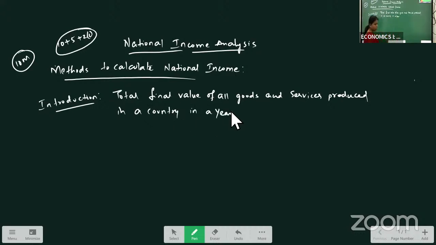In one particular year, what is the total amount of goods and services that are produced? We are saying final value, means the total market value of all goods and services produced in a country in a particular year. So this is called national income,